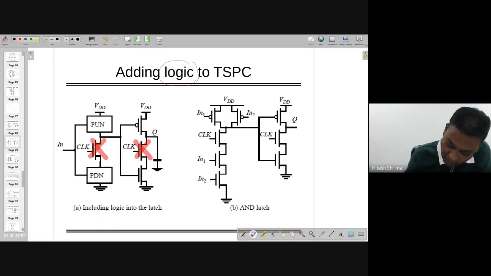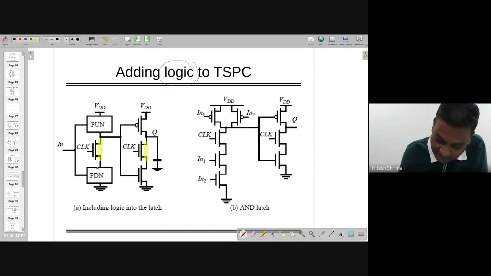Now, when clock equal to 1, it will give chance to travel the digital logic 1 or 0, depending on what input you are giving to power up network and power down network. So let's assume one technique where you are using the AND gate. So AND gate has, this one is power down network, and this one is power up network,